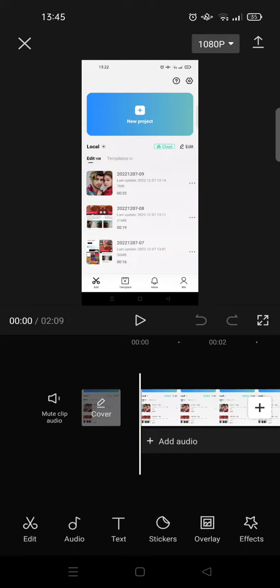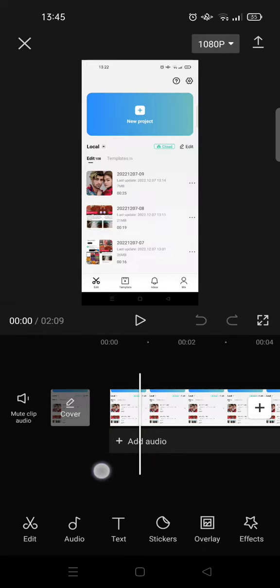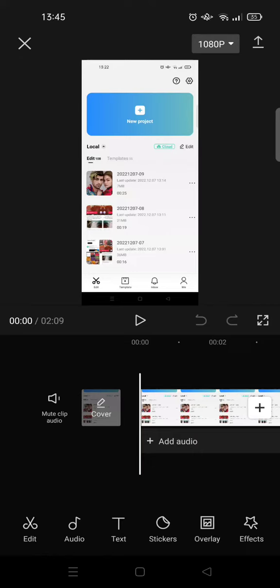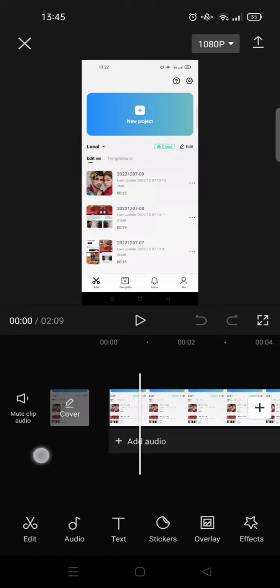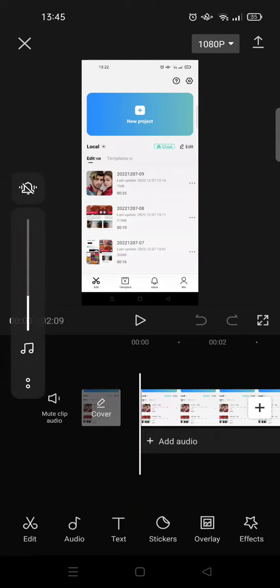On today's tutorial, I'm gonna show you how you can reduce background noise in CapCut. So here I've already added a tutorial video of mine, and I want to reduce the background noise in this video. So here is the video,